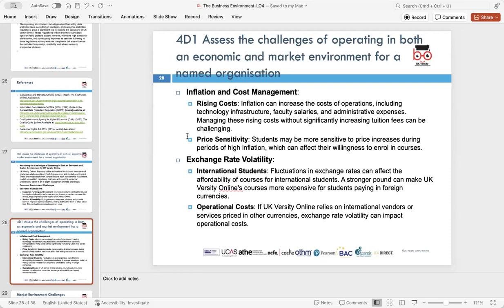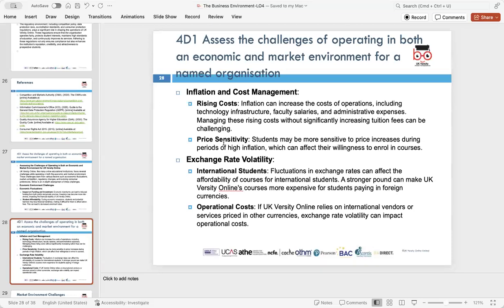So the institution must find ways to control costs while maintaining the quality of education and services. Effective cost management strategies are essential to avoid passing on the financial burden to students. Price